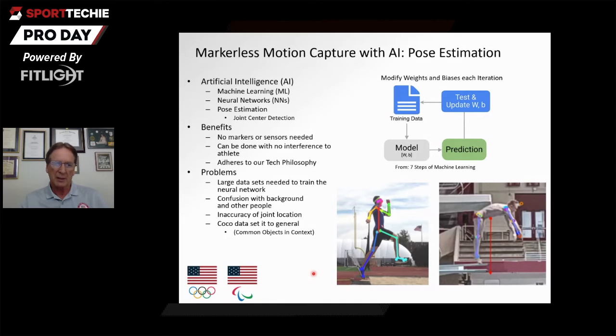And it puts the dots, if you like, at the joint centers and joins them up with the stick figure. So that now allows us to do essentially what we did 40 years ago manually, that is touching all the points of the body. It allows us to do that automatically. The other thing it allows us to do is leave the athlete alone. All we have to do is point a camera at them, and they're certainly used to being filmed.